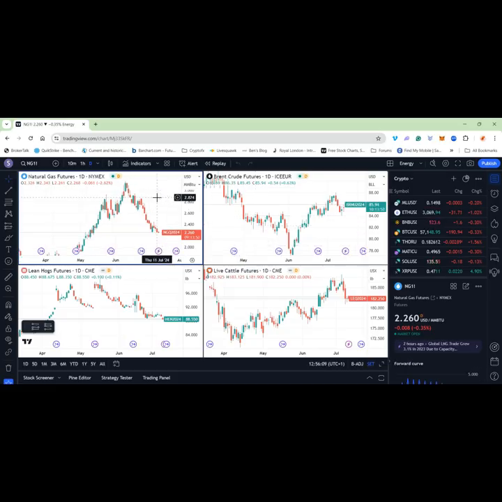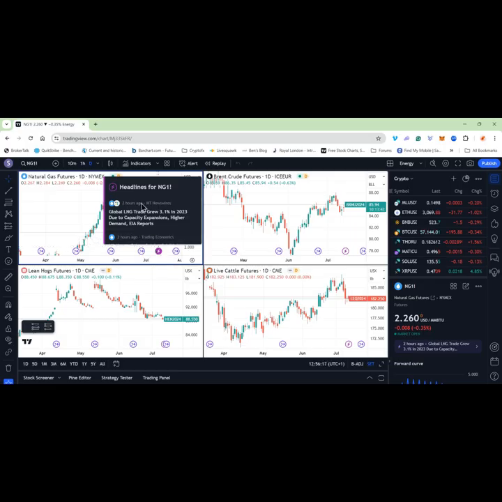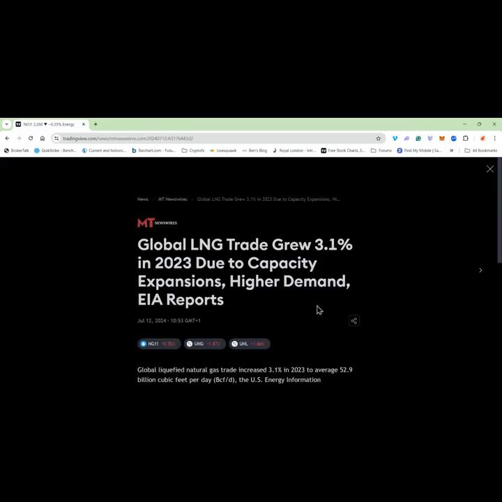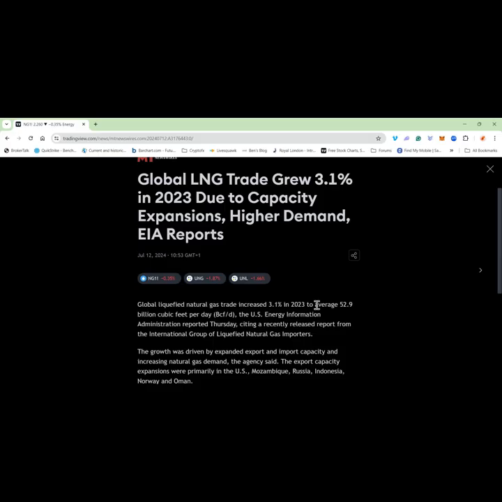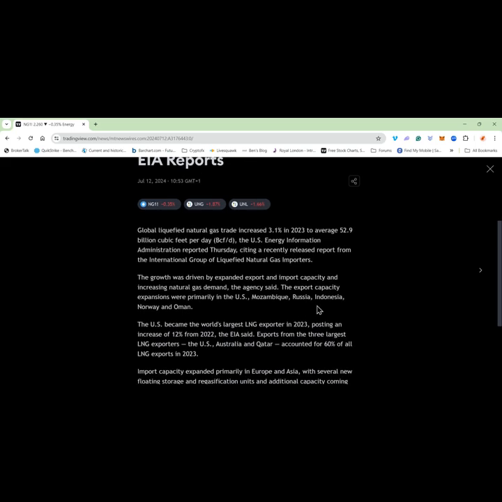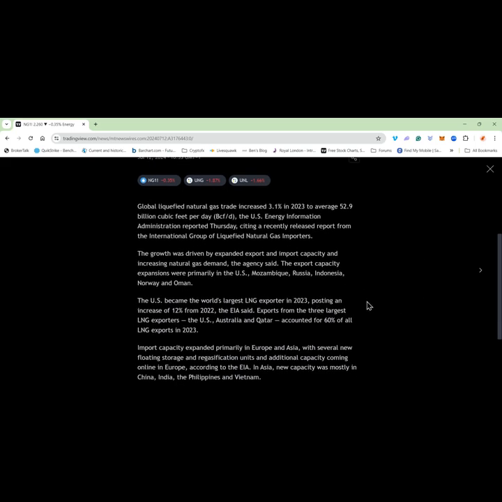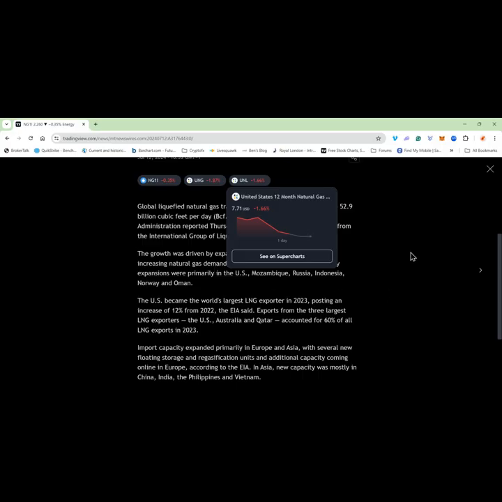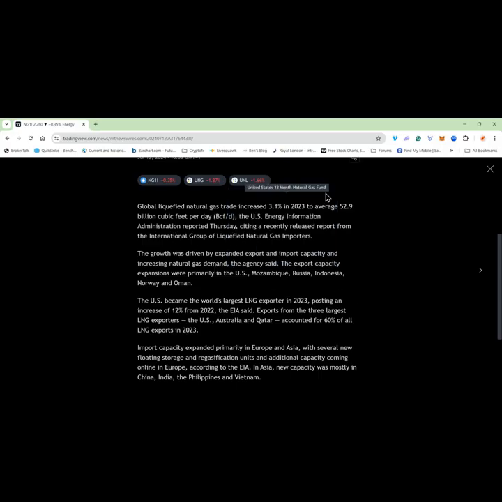So if we look here at natural gas, for example, see these symbols at the bottom here. This lightning bolt here, you can click on that, brings up your headlines for natural gas. And you click on the last headline and it will tell you some fundamental information about natural gas that's moved the market. And it's reading through these pieces of information for each product, any product that interests you, that you see the drivers of supply and demand. So here it talks about trades increased. Let me see. I normally scan read these.